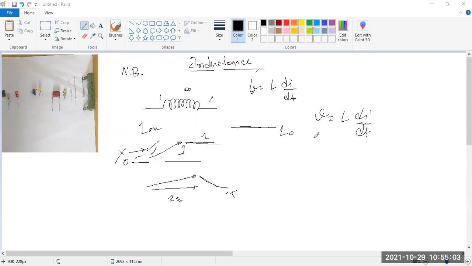Okay, so V equal to 0. It is asked somewhere: when the current became steady state, what will be the induced voltage? Yes, induced voltage is 0 when it is going to the steady state. Steady state means the current is not changing as per the changing of time. So it became 0, so total voltage became 0. Okay, this is the property. And now if a small change in current within zero time